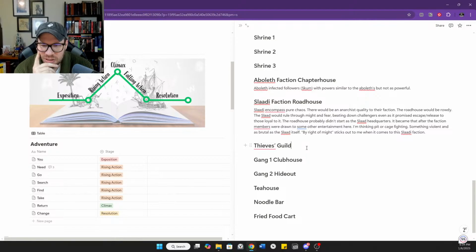We could think of the Thieves Guild to start. Probably the easiest one to go with. So let's think about that for a moment.